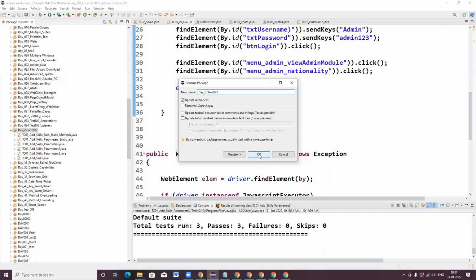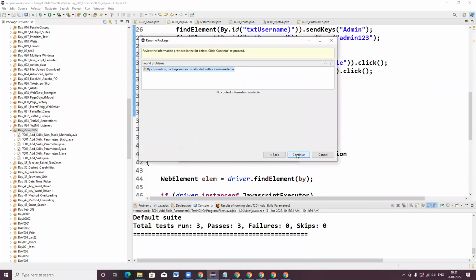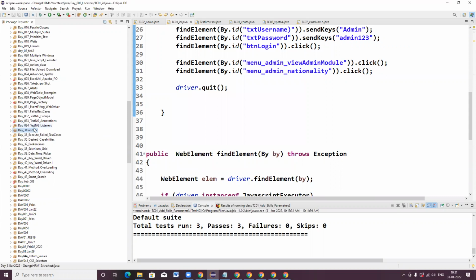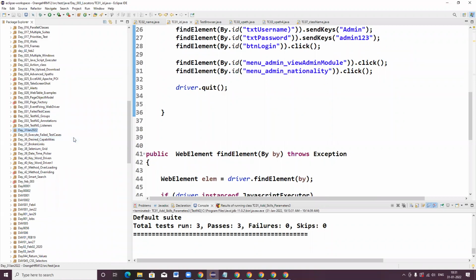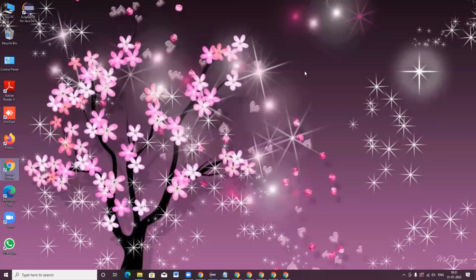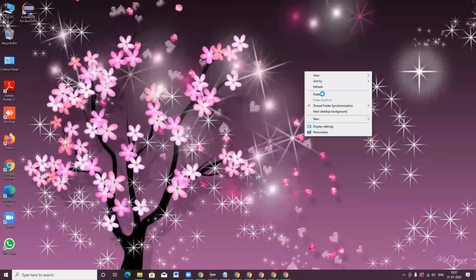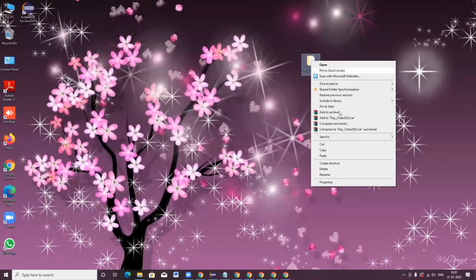Day 31st. Okay. I'm copying this. You know, everyone, how to copy this package name. I'm pasting it here and sending it as a compressed zip file.